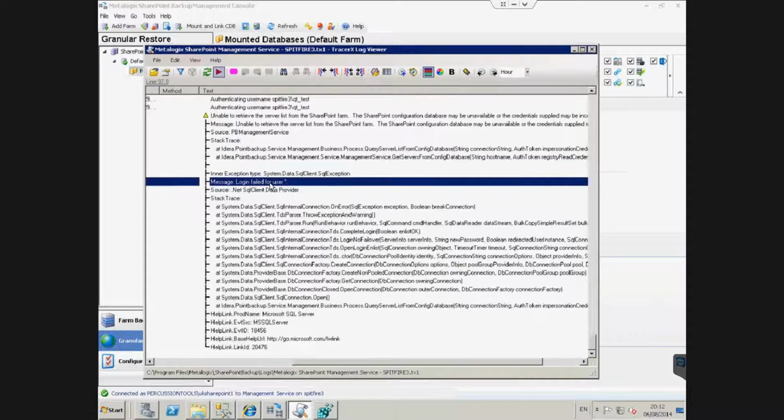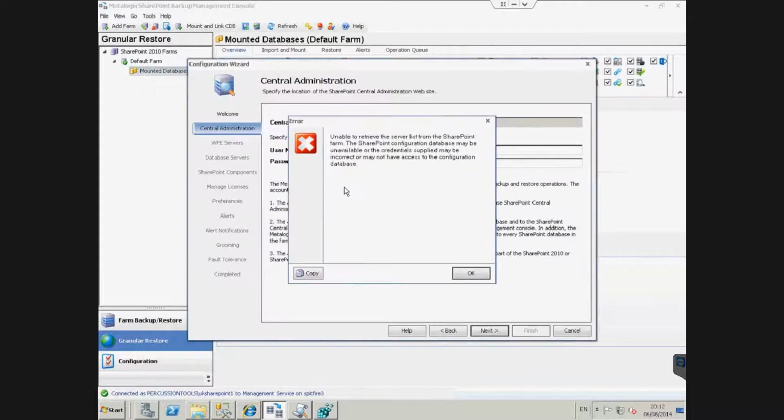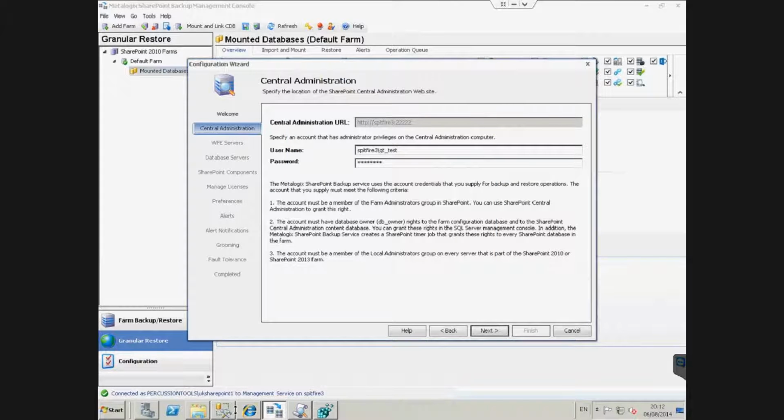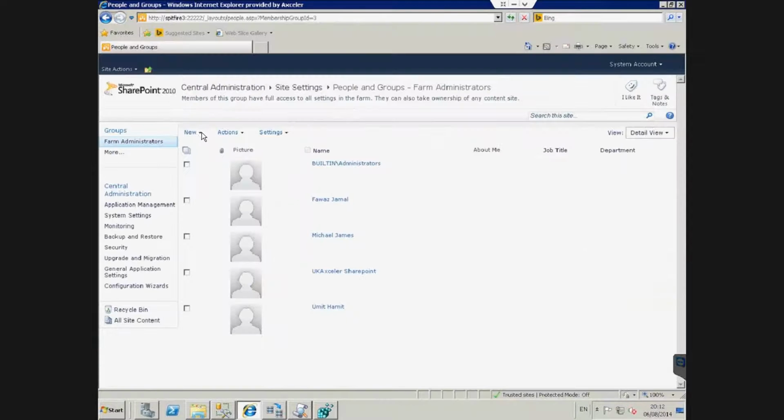Because I am familiar with the tool, and these logs typically end up coming to me, I know that this means we don't have farm administrative access, right? This is the message that comes back from SharePoint when we don't have what we need. So step one, I know I can jump into Central Admin and just provide that access, right? So I'm going to add to my farm admin group